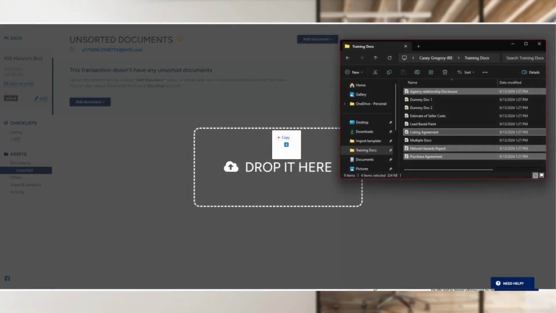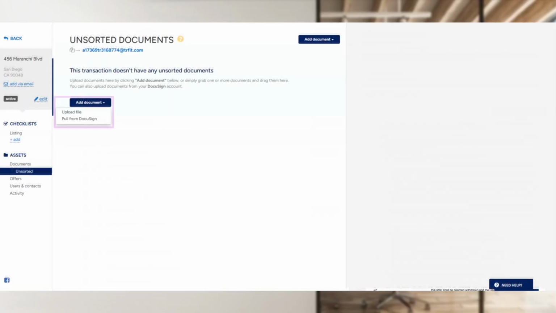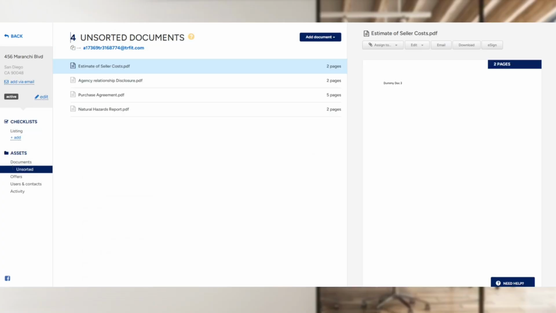You can drag and drop bulk documents from your computer to quickly upload them into your transaction. You can also pull documents into your transaction using our DocuSign integration by selecting Pull from DocuSign within the Add Document menu. Once you have documents in your unsorted folder,